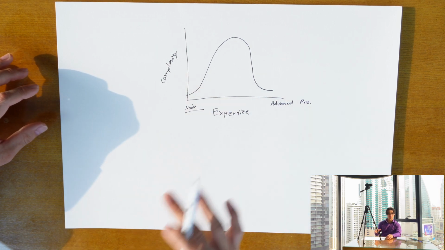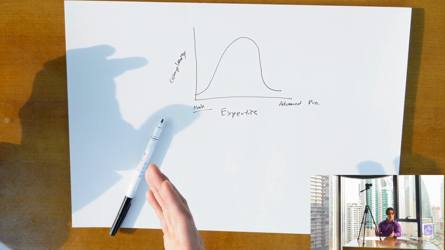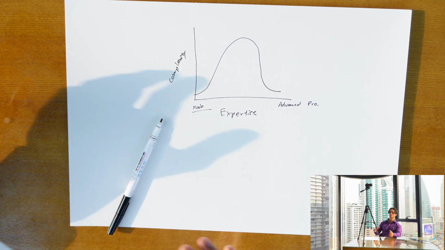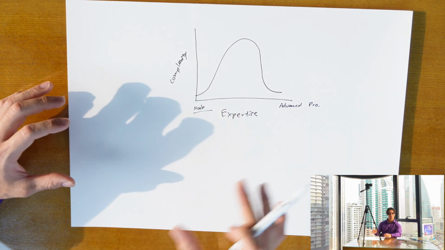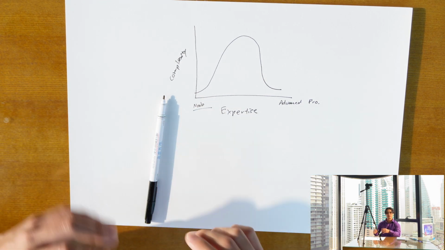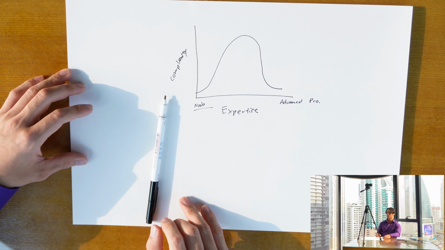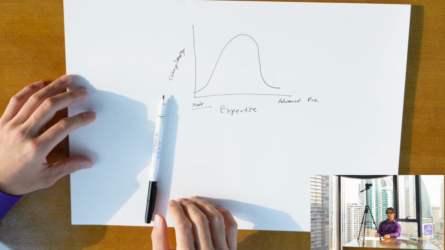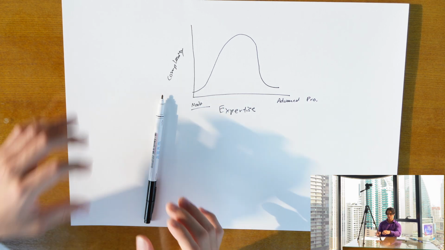So when you are starting out as a newbie, the reason why the complexity is so low is because you don't even know what to look for, right? Like what stocks to even choose, what indicators to look for, what charts, what time frames to look at. You don't even know where to start. As you progress and start learning more about the space, specifically trading in this case, you realize that there's so much more information, right? There's so much to look at. There are so many indicators: VWAP, TWAP, heat maps of the order book. Do you look at the order flow, the time and sales, the chart patterns, the candlestick patterns? There's so much more information.